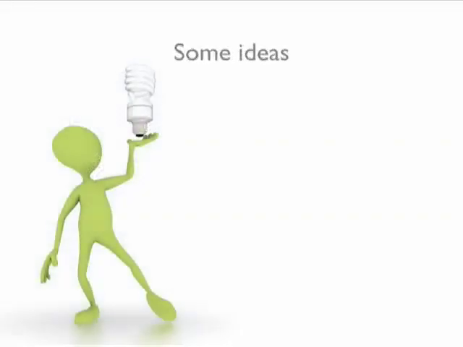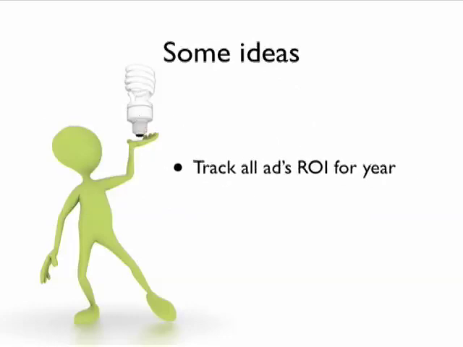Here are some ideas for you. First of all, I want you to track all of your ads' ROI for the whole year. We just talked about that, but I really want to reinforce it and make sure that you come up with a standard way to keep all of that information. You want to know how much you paid for the ad, where the ad was placed, and how that ad performed for you. So track that return on investment, as well as keep track of what your offer was, because you're going to find that some are going to perform better, and you're going to start migrating a little bit more of your offers to what's been performing better for you. So you'll learn as you go and you'll get better at this.